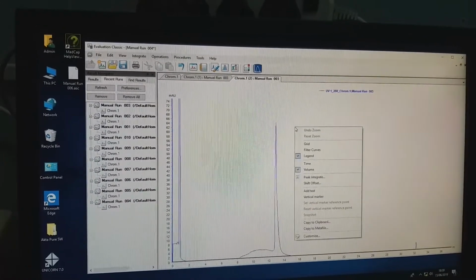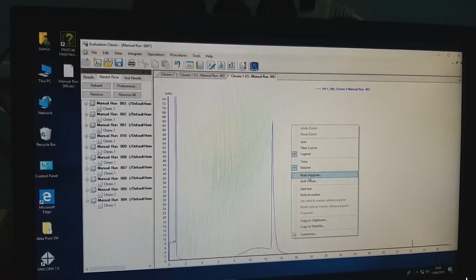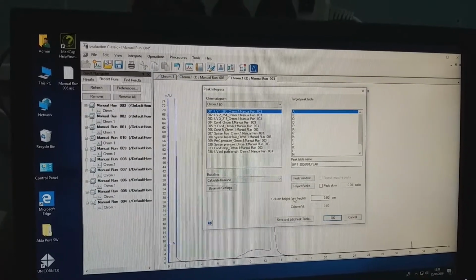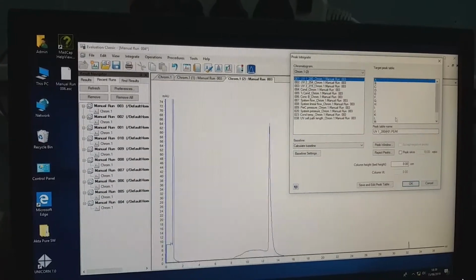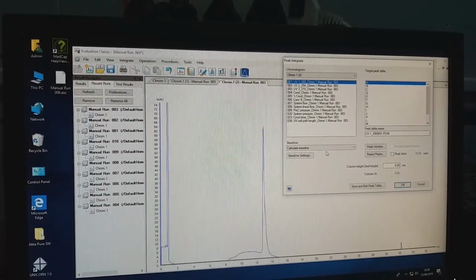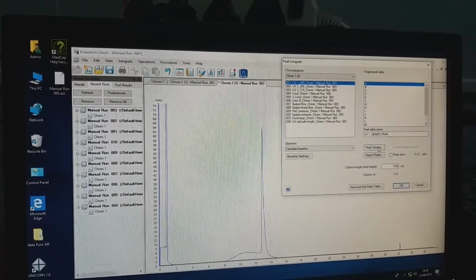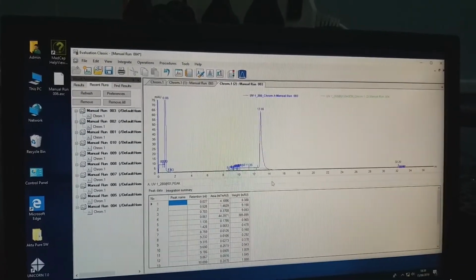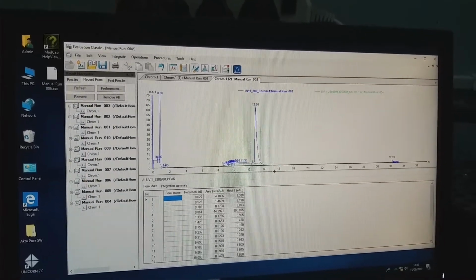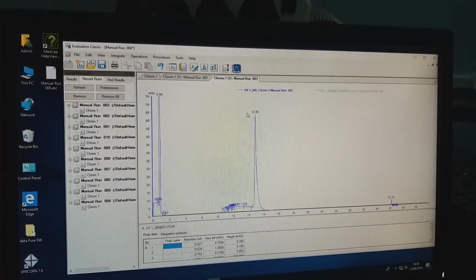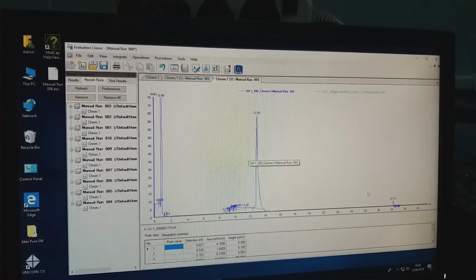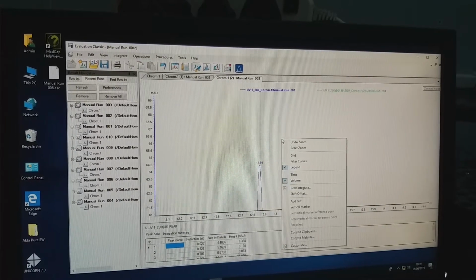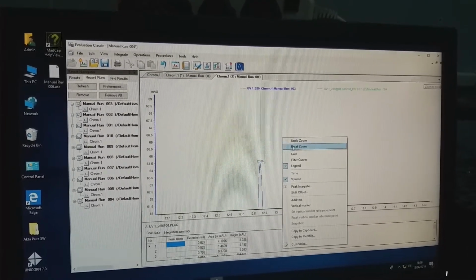The peak is very sharp, so you can also integrate the peaks. This is the UV 280 integration. It will give the exact retention volume of each and every peak, and how many peaks are present. Here we can see 12.86, which is the major peak we have.